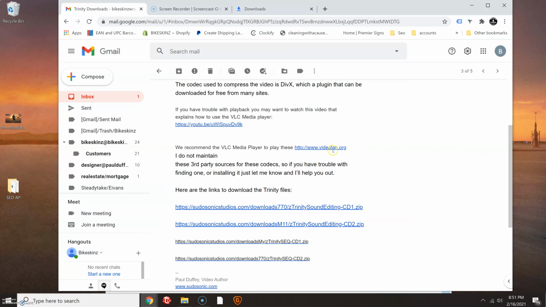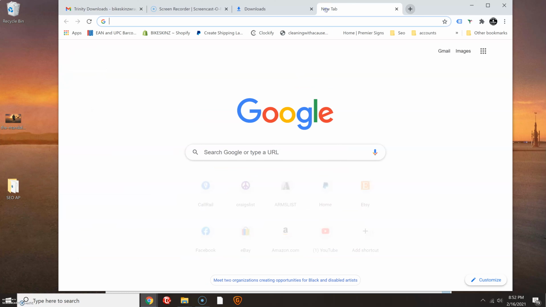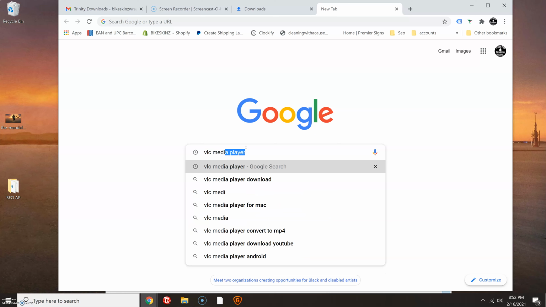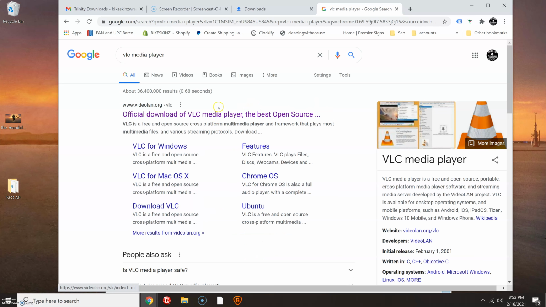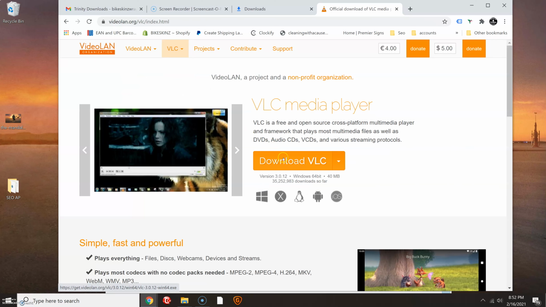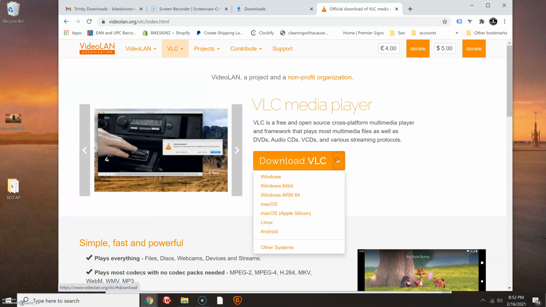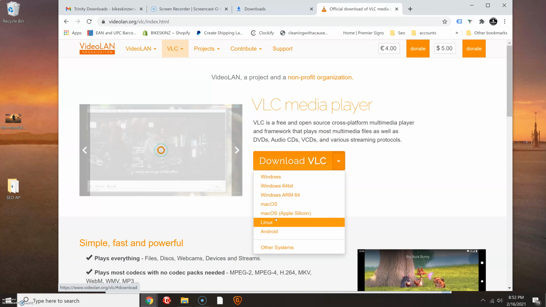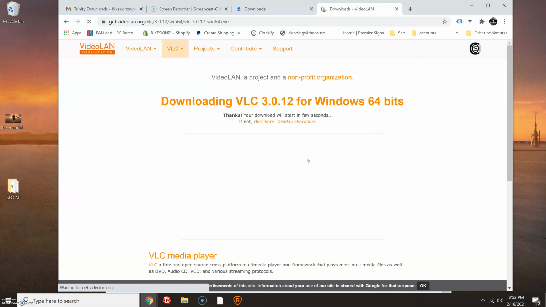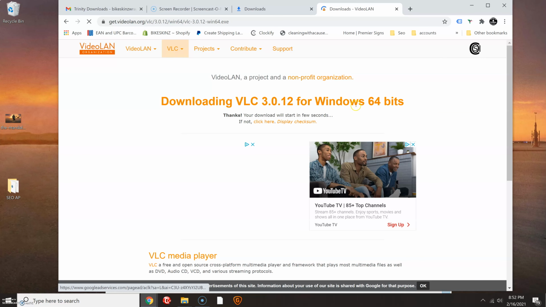So you can see here there's a link to videolan.org, which is the software company that makes VLC Media Player. You can also just go to Google and search VLC Media Player. And then of course just click on the link, and then you can download the VLC player. Now the good thing about it is that it comes in different formats, but the browser detects which format you need because browsers have plugins that can do that. So it knows I'm on Windows 10,